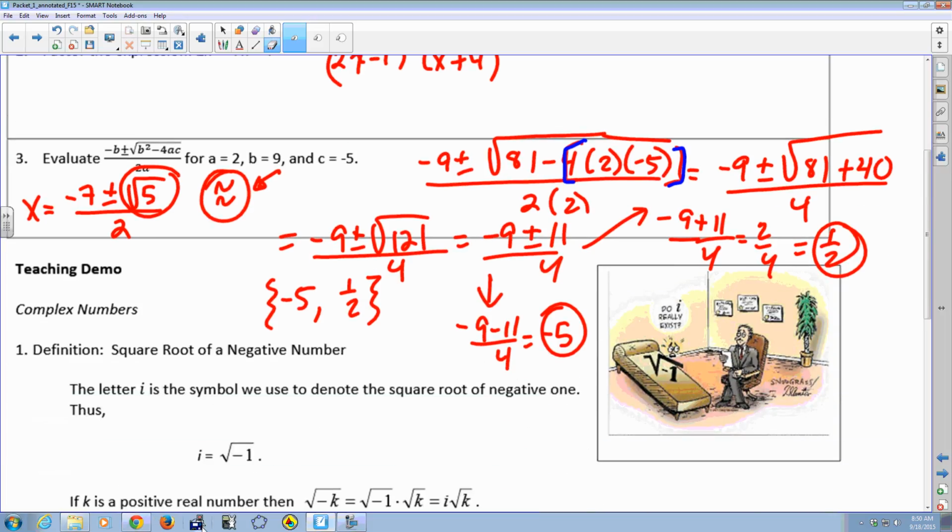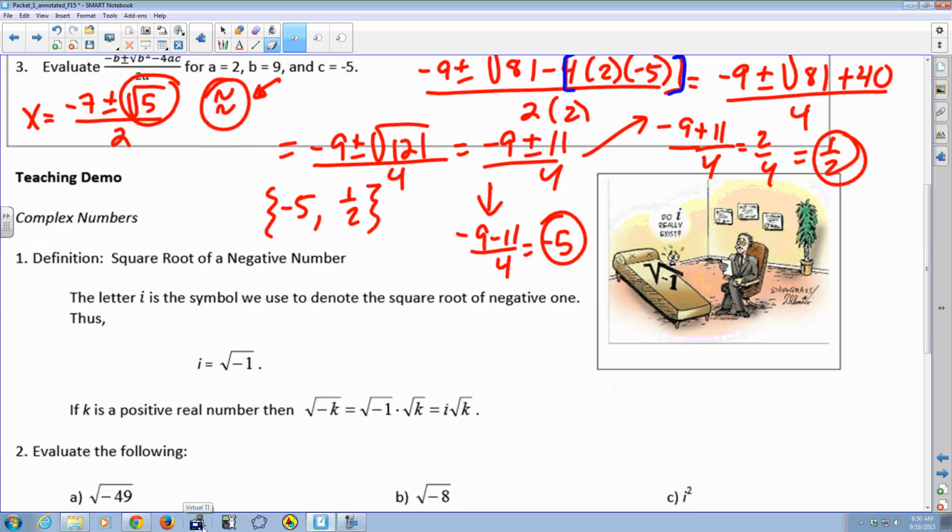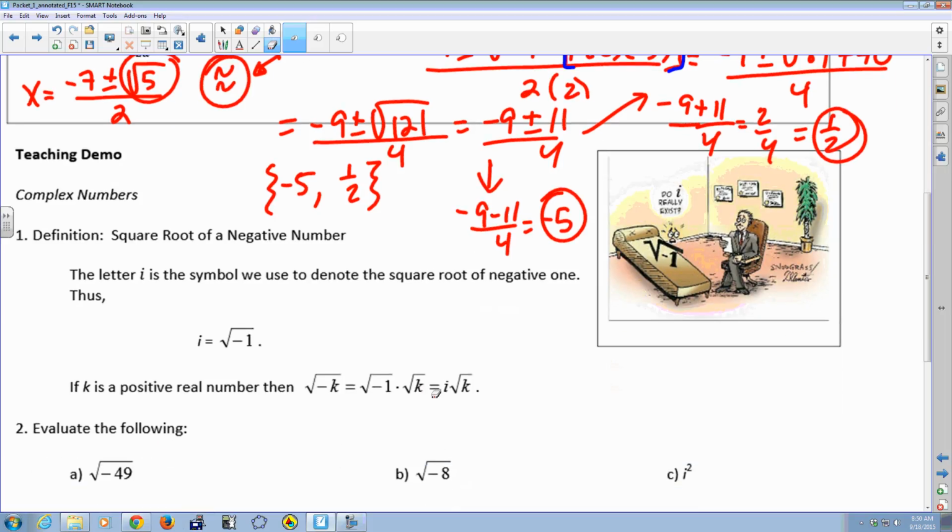Okay, so I'm sure a lot of you looked ahead at today's topic, but I love this cartoon with the square root of -1 on the psychiatrist's couch saying, "Do I really exist?" I thought that was kind of clever. Yeah, it is funny. Anyway, before we get into defining the square root of -1,